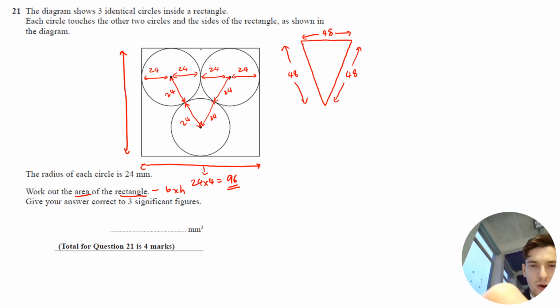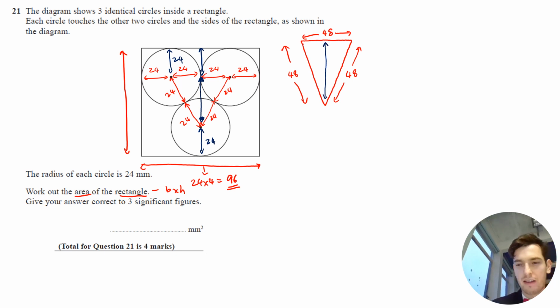is that I know this length here, because it's a radius, is 24. And so is this length here is 24. So what I actually need to find is this length here, or on my triangle, this length here. Let's call that length x. And what I've actually done is I've formed a right angled triangle where this length here is 24,